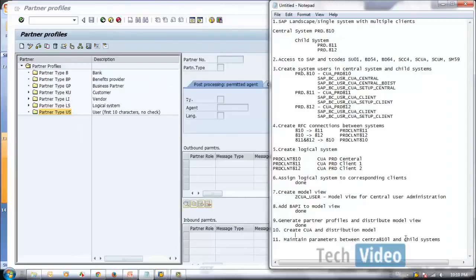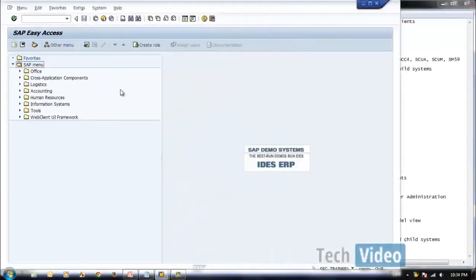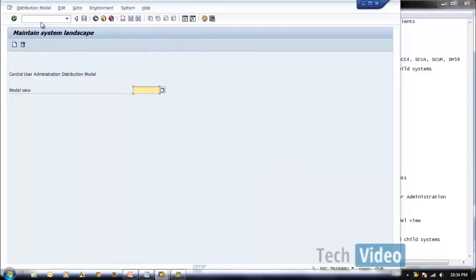now we need to create the CUA distribution model. Let's go to the system. So we already saw that to create the CUA we can use the transaction called SCUA. Let's type in SCUA. Now we need to create the CUA landscape. For this we will assign a name.